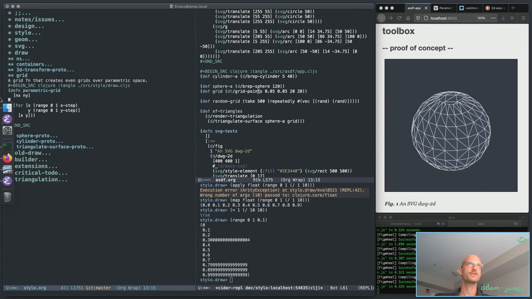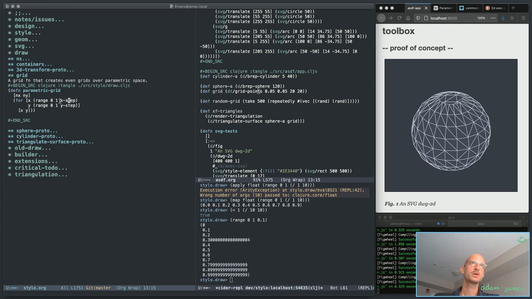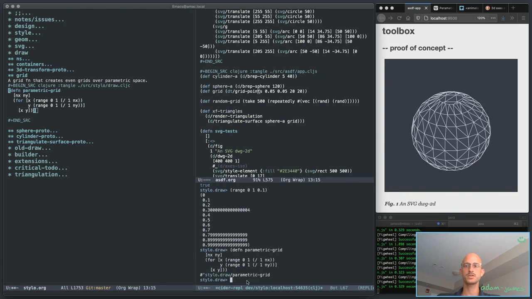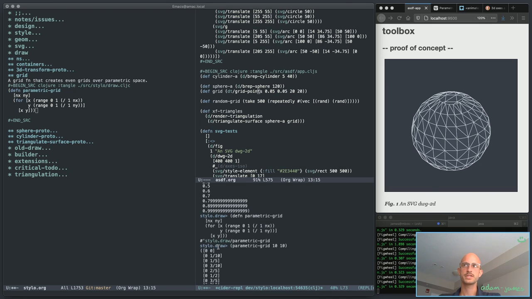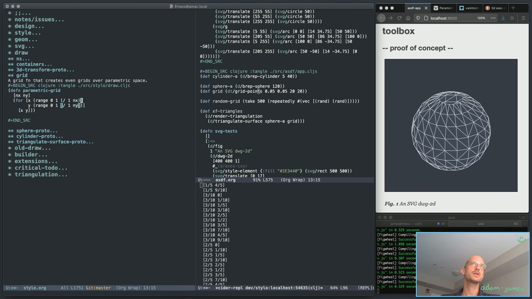Well, let's simplify just a minute here. Let's see what happens if I just do this. Okay, so it's divided. It's always 1 divided by an x in the x case, and 1 divided by a y in the y case, and then you just return that point. So if I do parametric grid and I want 10 and 10, yeah, okay, so that's a good start. This has to then be